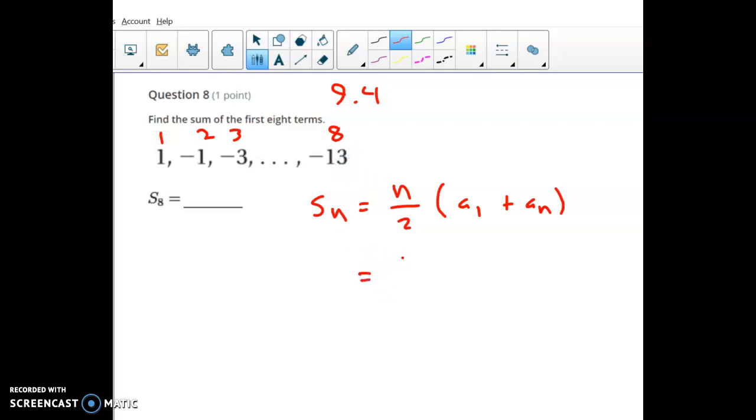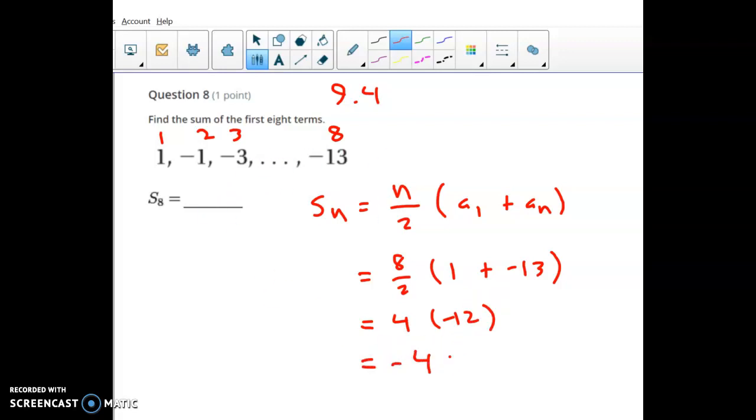So our formula is just 8 terms divided by 2, times the first term of 1 plus the last term of negative 13. And so just clean that up and we get 4 times negative 12. So the sum of all these terms, not surprising, is a negative number,